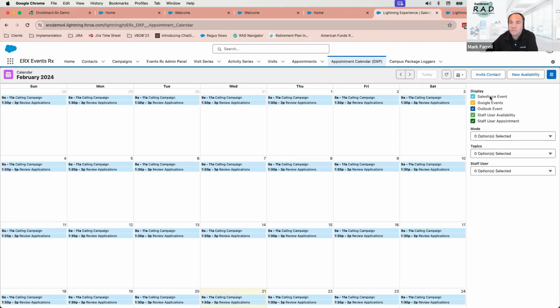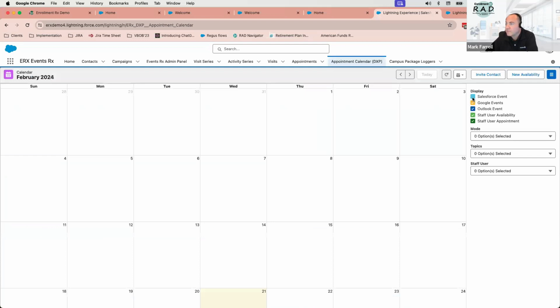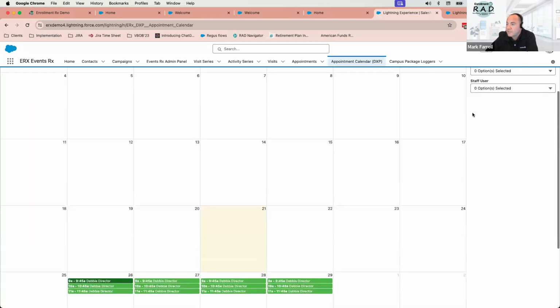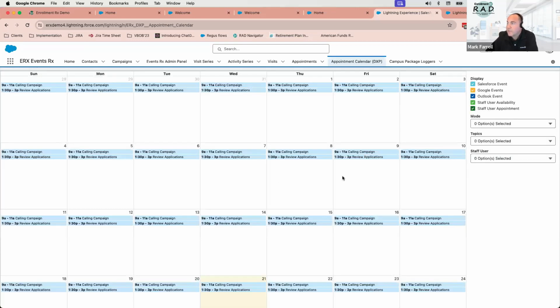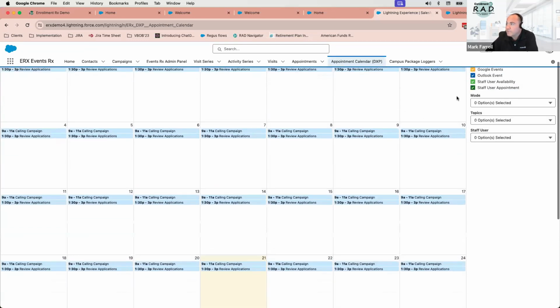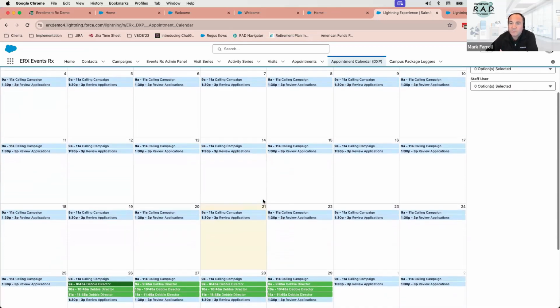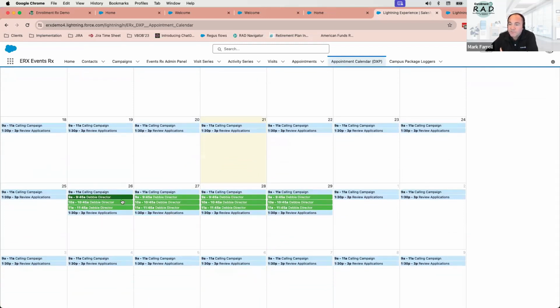So we have Salesforce events. These are the events that are created in Salesforce. We have Google events and Outlook events both synced to this. Most likely you would have one or the other. But if I start to tick these off, you'll notice that they start to go away. So I can control what pieces of information I want to see. And if we look at the bottom two, the light green is my availability. My dark green is my appointments. These are the ones that are booked. So here you can see I have one booked for Debbie Director at 9 in the morning